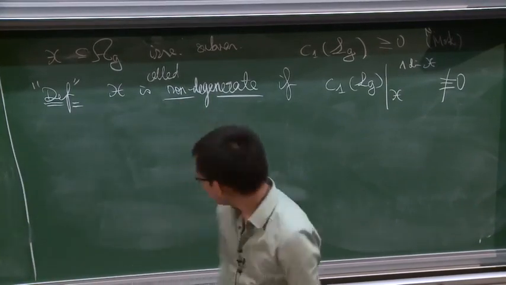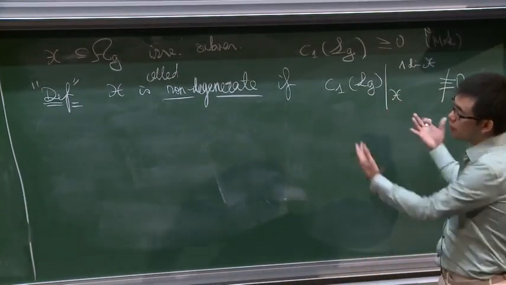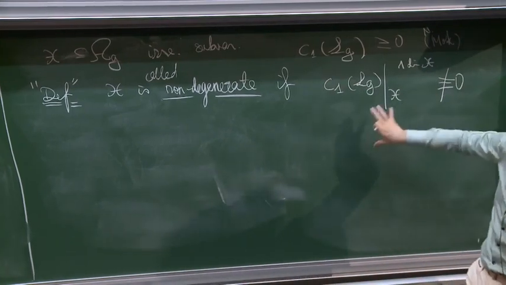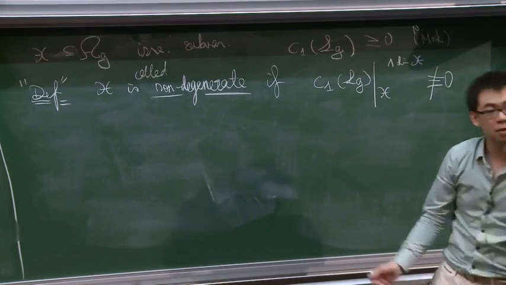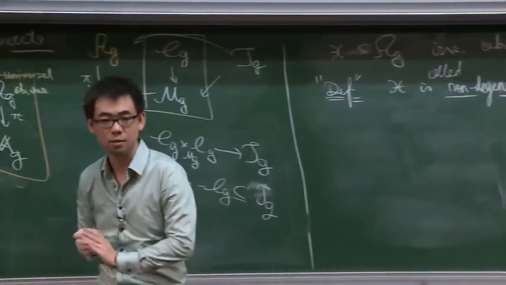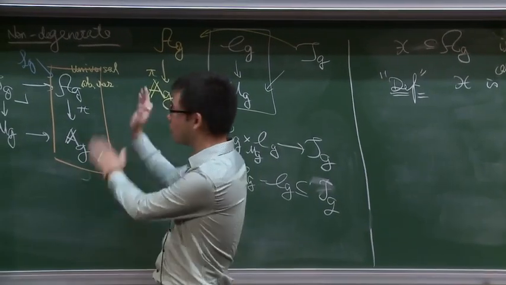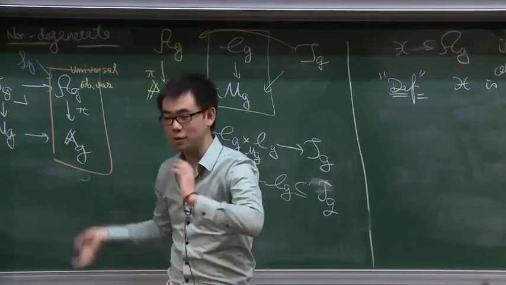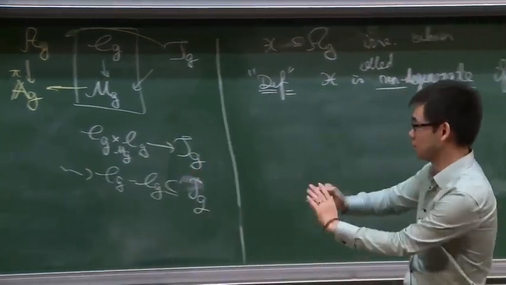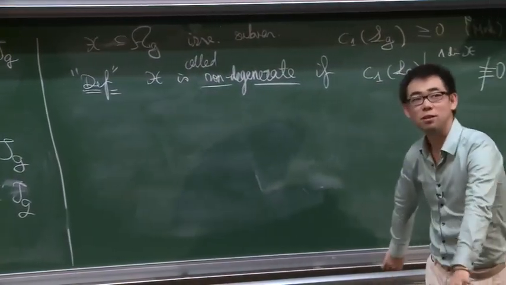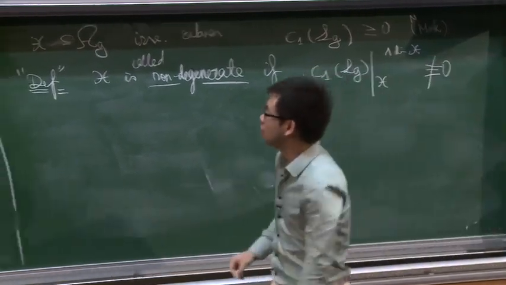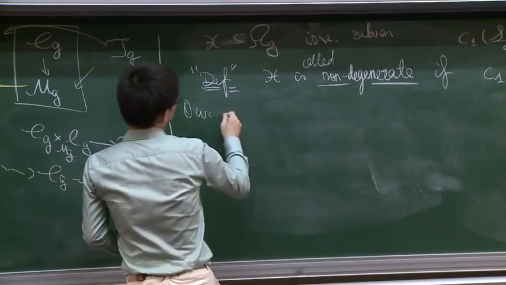The geometric meaning is that if X is non-degenerate and we integrate this thing over X, we get a positive number. That is almost equivalent to saying that this L_G restricted to X is a big line bundle, except that now nothing is projective. So that is the geometric background behind it. But of course, in order to get something, we need to be more precise. Our description is as follows.